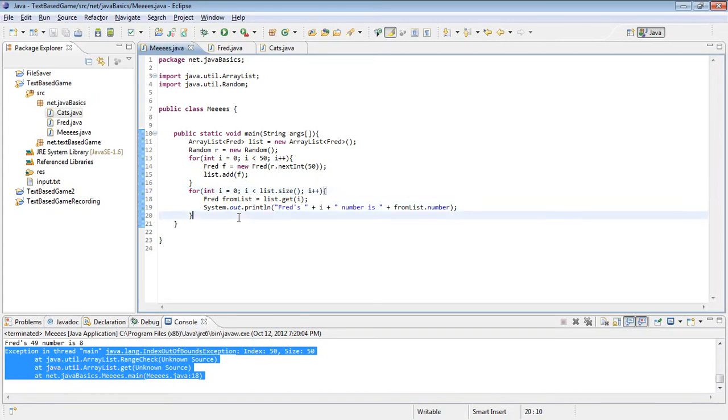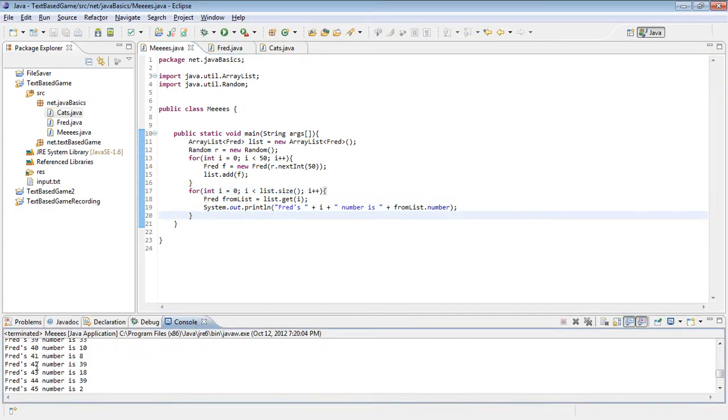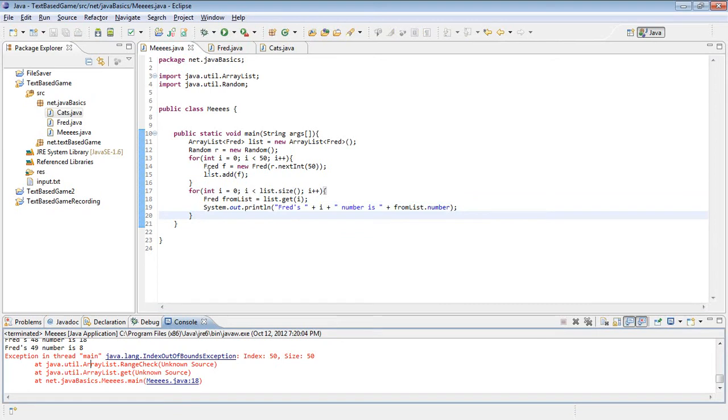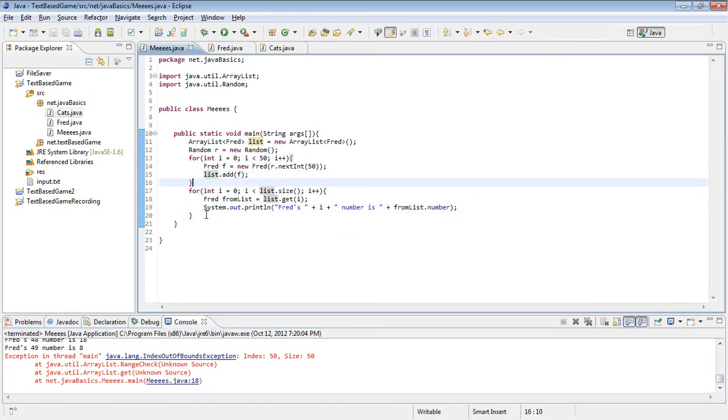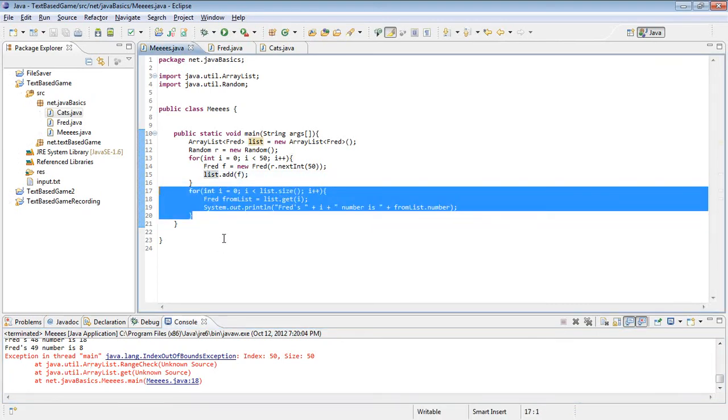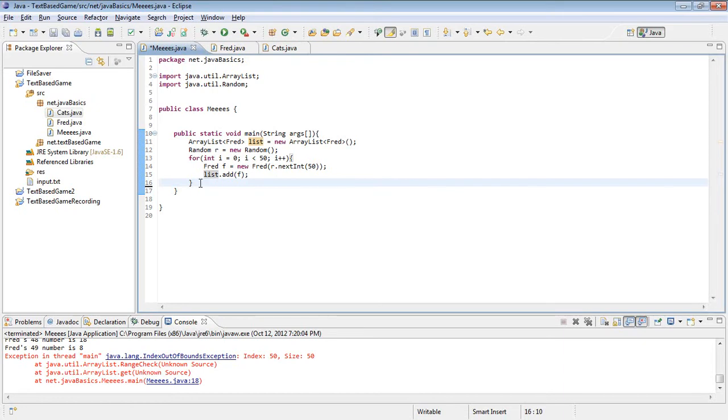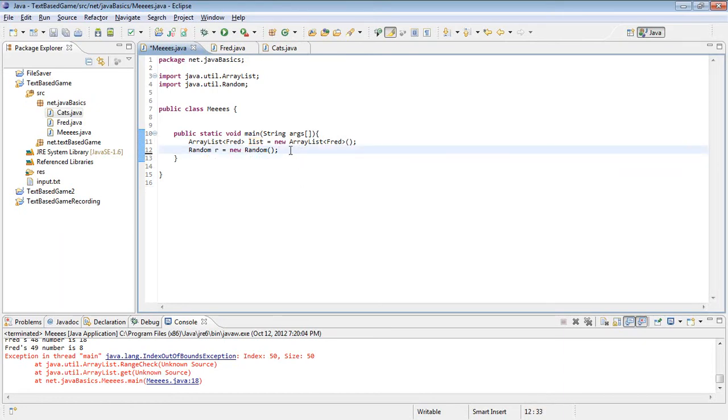Okay, so now you've seen how that works. The other thing you can do with these lists, which you can't do as easily with a normal array, is check for a specific object in that list. So let's just get rid of this for loop. Let's create a couple Freds. Fred f equals new Fred